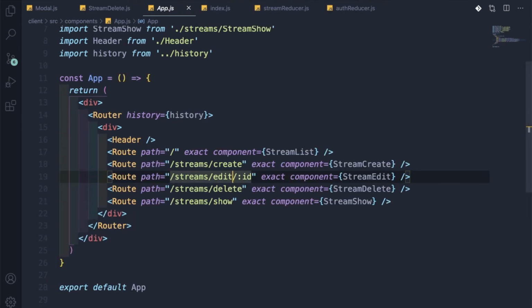App.js, let's go to app.js, and delete is there. So delete will be exactly like the edit, it needs some id. So this id will be the id which we need to delete. Now let me save it, and now which file we need to go to, we need to go to the